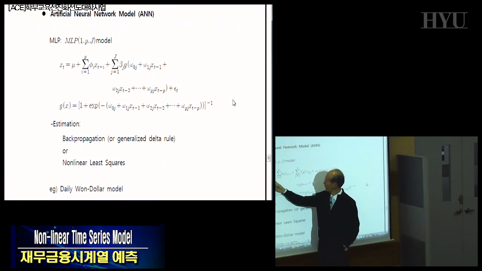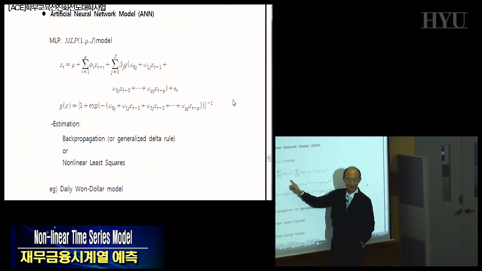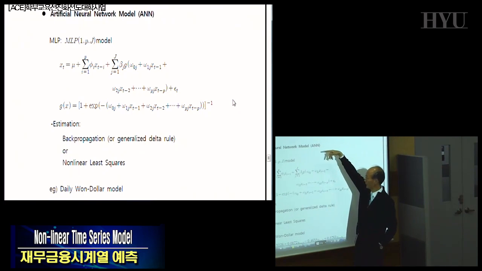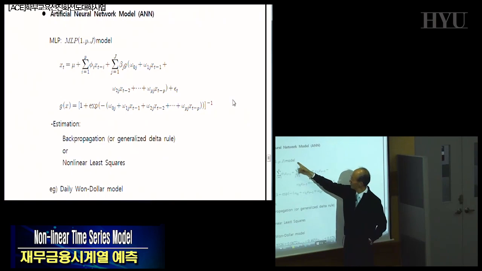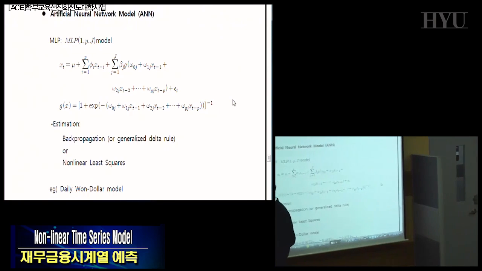If you look at this part, this is a typical linear AR(p) process, right? And similar to the previous F-test, you have a term representing some potential nonlinearity, right? So basically, MLP